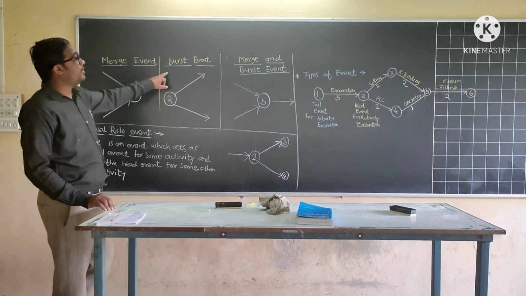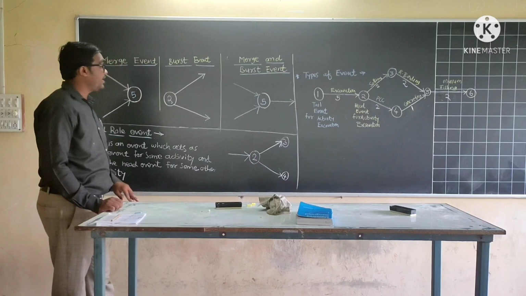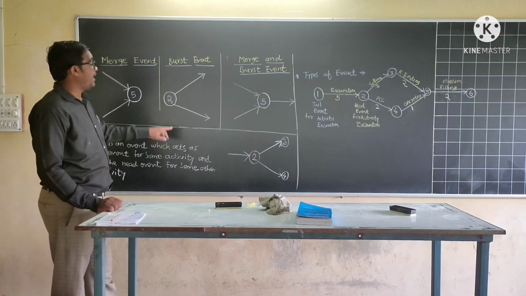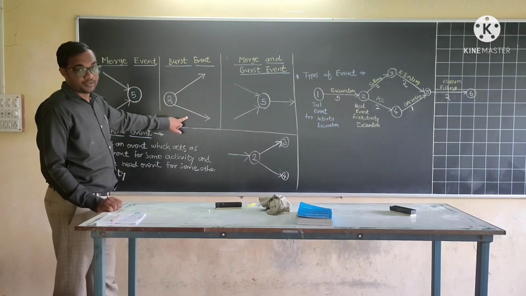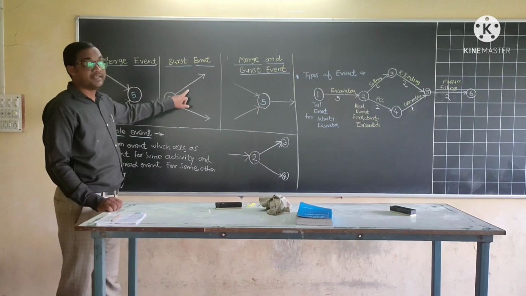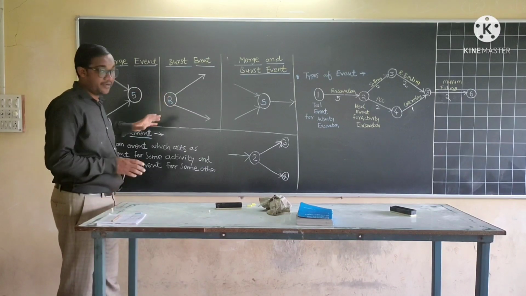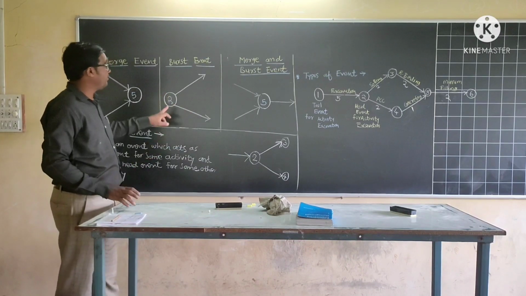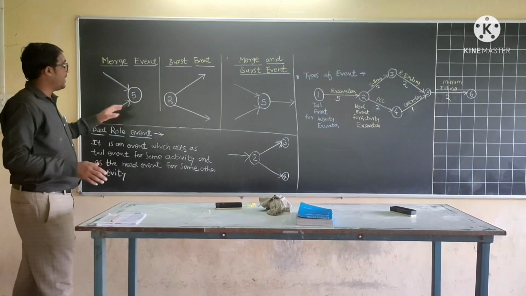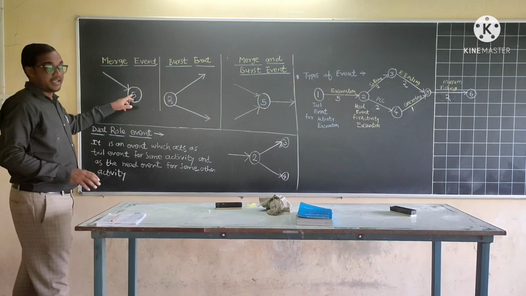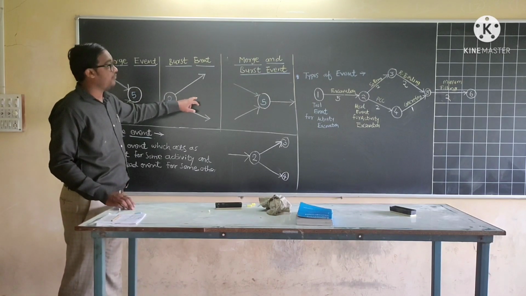Now the burst event. Refer to this network diagram, this event number 2. At event number 2, soiling and PCC, two different activities, are starting. Therefore, 2 is a burst event. From this event, two activities start at the same time. Therefore, it is a burst event. In a merge event, two different activities merge, that means they are completed at this event. And at a burst event, two different activities start.